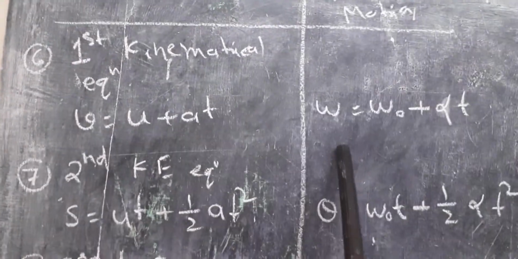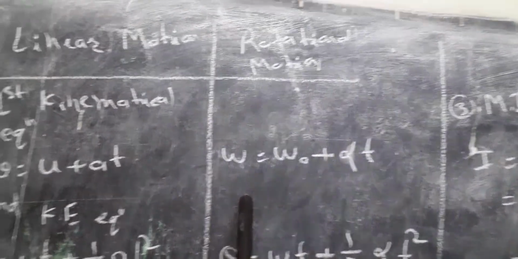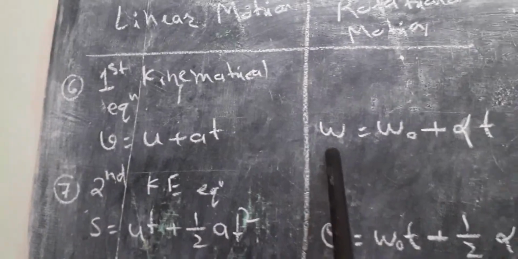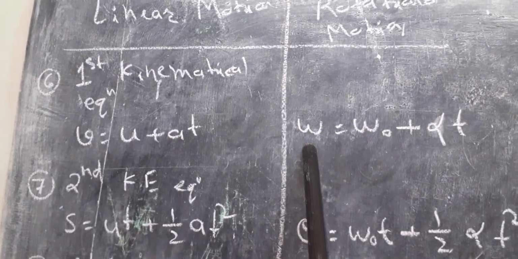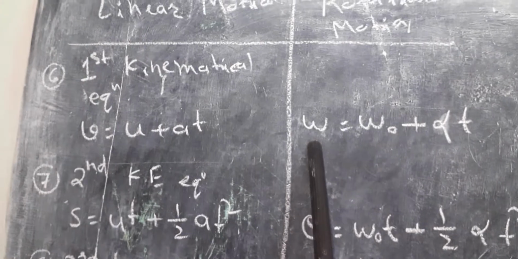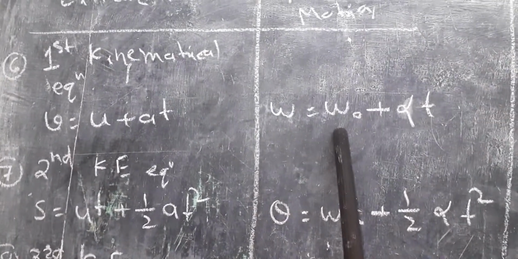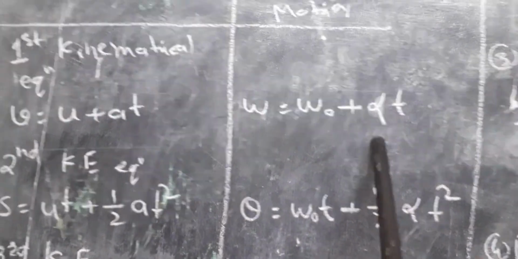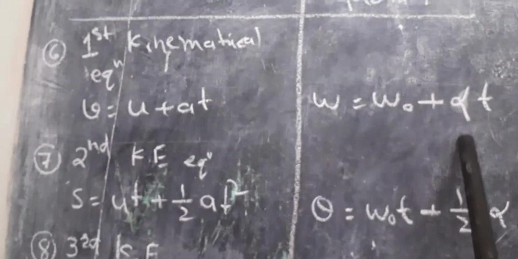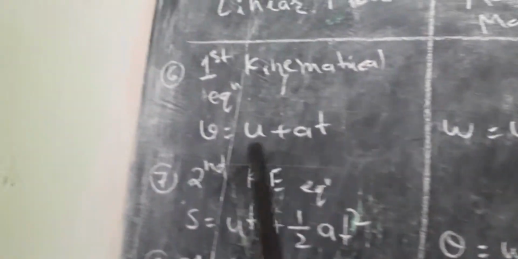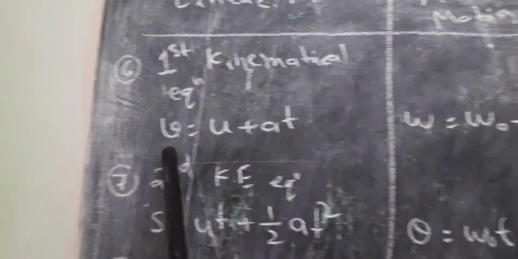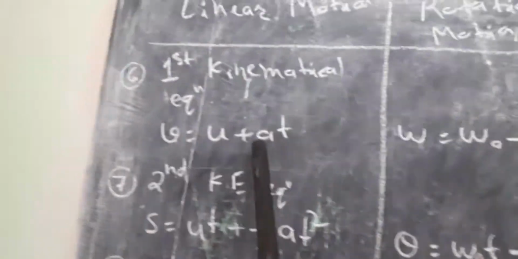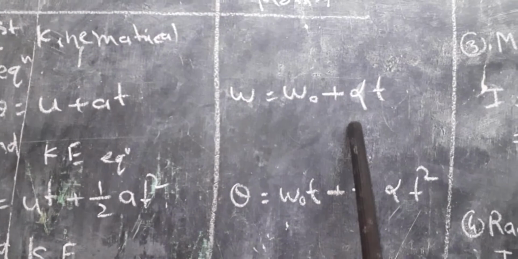In the same way, in case of rotational motion, we write omega. So in place of v, we write omega, final rotational velocity or final angular velocity, is equal to omega 0, that means initial angular velocity, plus alpha t. So in place of a, we write alpha. Very easy to understand. Here, in place of v, we write omega, in place of u, we write omega 0, and in place of a, we write alpha. And t